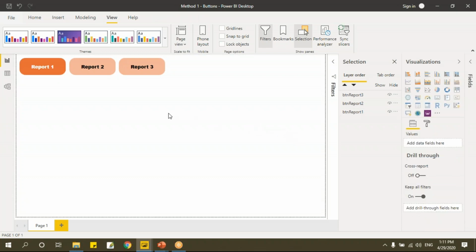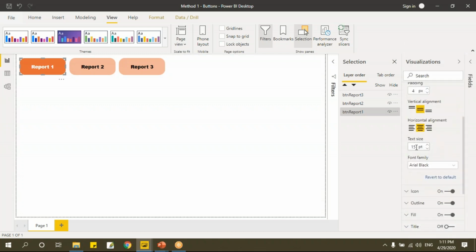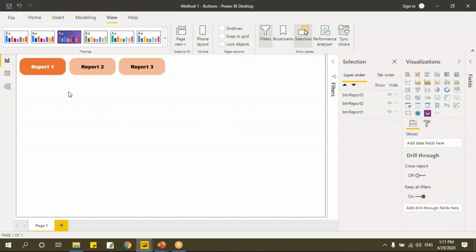So you can choose any of these colors you want. I'll choose black and I'll make it as 80% as transparent. Now let's go and test. See, it is changing the color. Fine. Let's change the font of this text as well. Select this and I'll go to this button text. Here it says default state. I'll select this hover and let me scroll down. I'll say when I hover on that, we'll make it 20. Enter. And let's check. See, if you move my cursor here, the font size is getting increased as well as the button color is changing.